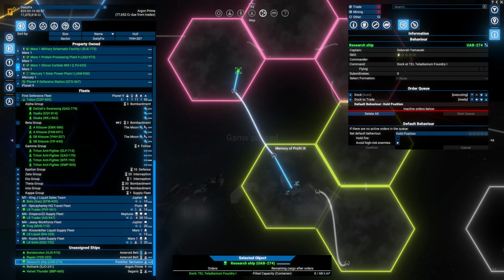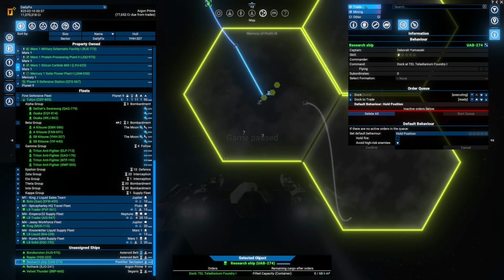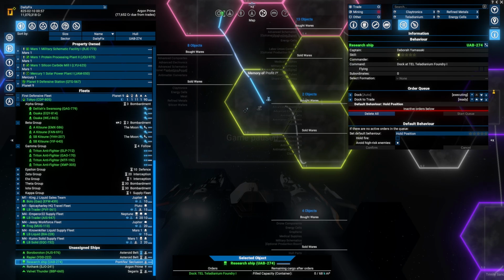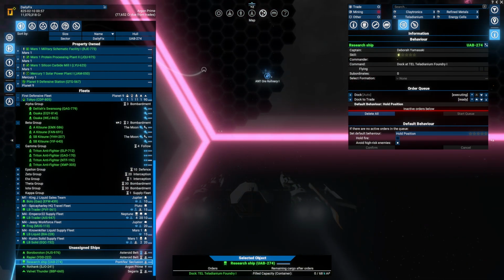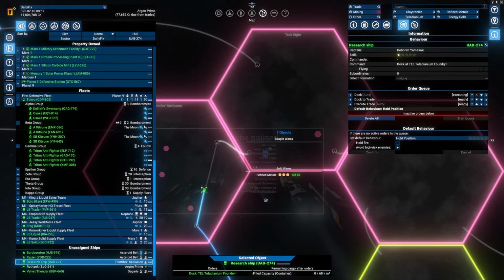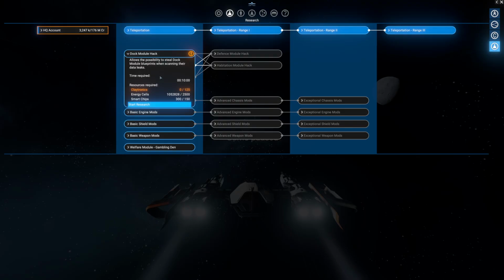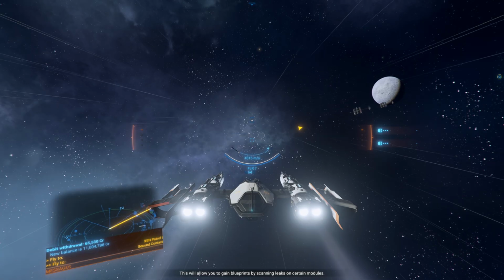Where's my research ship? So it is about to dock up at a Palladium foundry. Luckily, yeah, they sell refined metals over there. We'll get 500 from that location then. Because right now I don't care and I just want to get this done. 500, I believe. And 400 Palladium, right? 400 Palladium, yes. This will allow you to gain blueprints I by